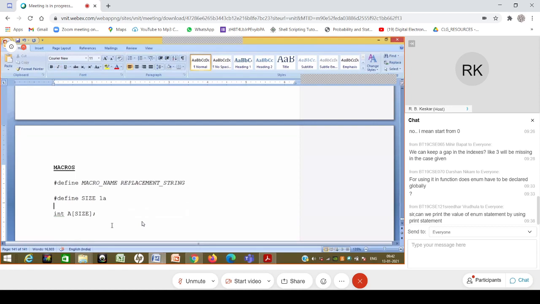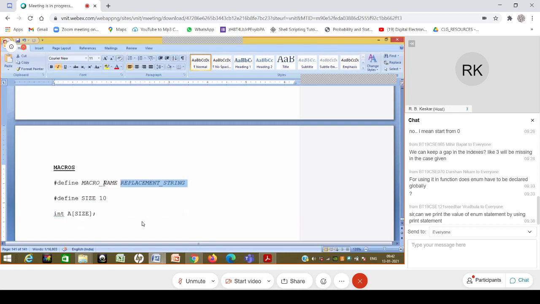So Cunningham and Ritchie thought, if that is the case, what is the length of the replacement string? Is it the next word? They said actually it is not. In this particular case, when I am defining values, it is typically going to be just one single word or one single string. But they didn't put that condition. What it means is that whatever appears after this macro name, which is a single word by the way, whatever appears after that, that complete thing is the replacement string for this macro name. So it could be made up of many different words also, and all of those things together can be put in place of this macro name.